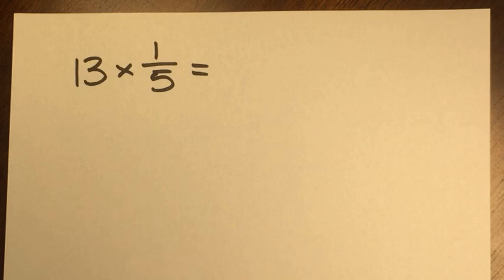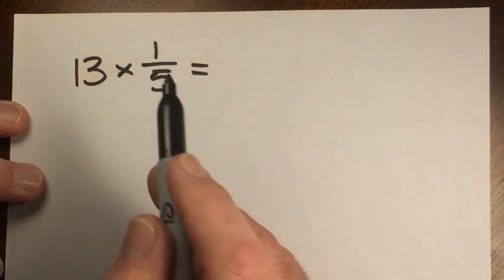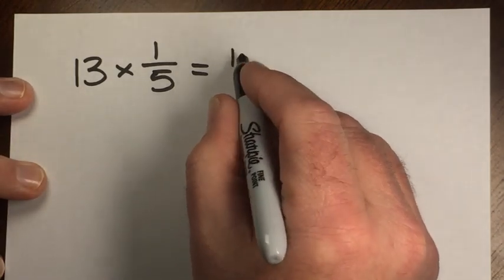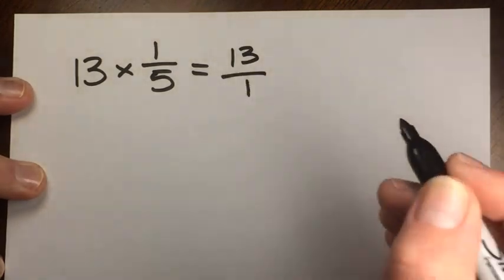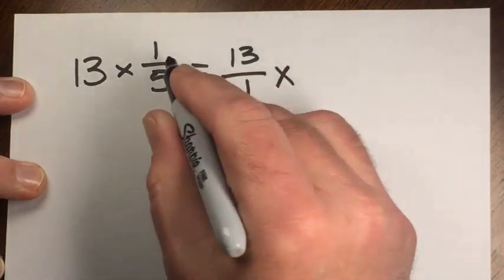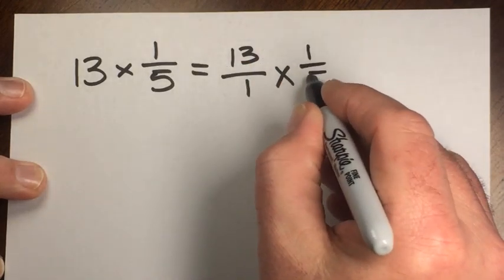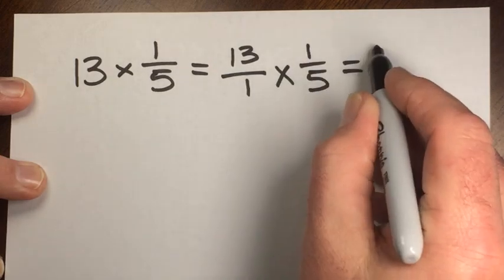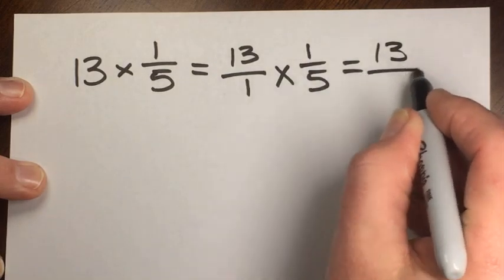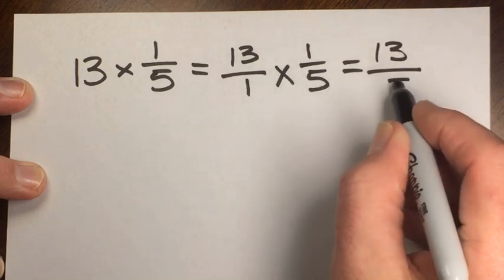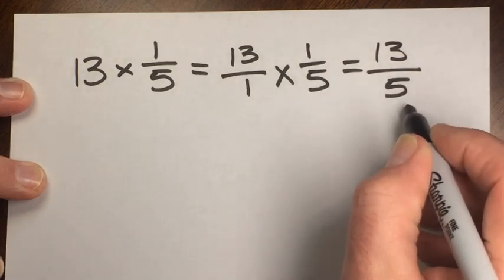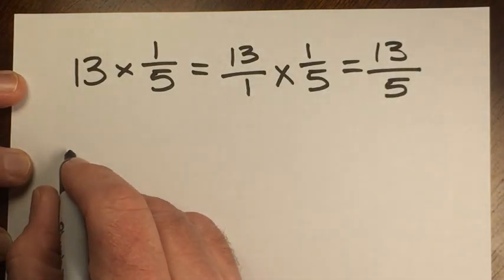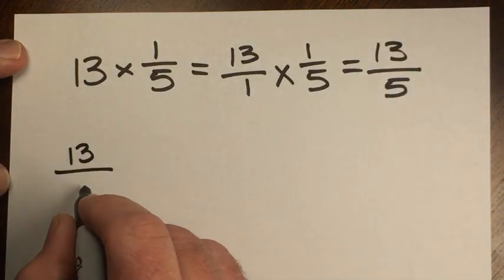Okay, so for this problem we have 13 whole numbers times 1/5. I'm going to make this into an improper fraction, 13/1 times 1/5. Pretty easy, 13 times 1 is 13, and then 1 times 5 is 5. That's our answer, improper fraction. If you want to simplify that, you'll simply go 13/5